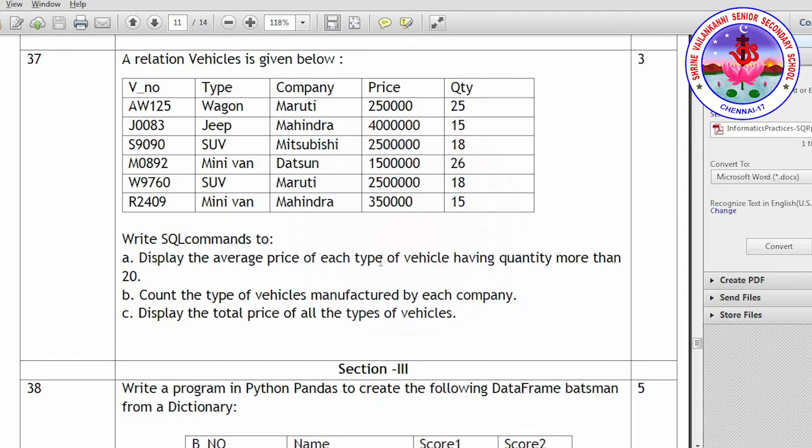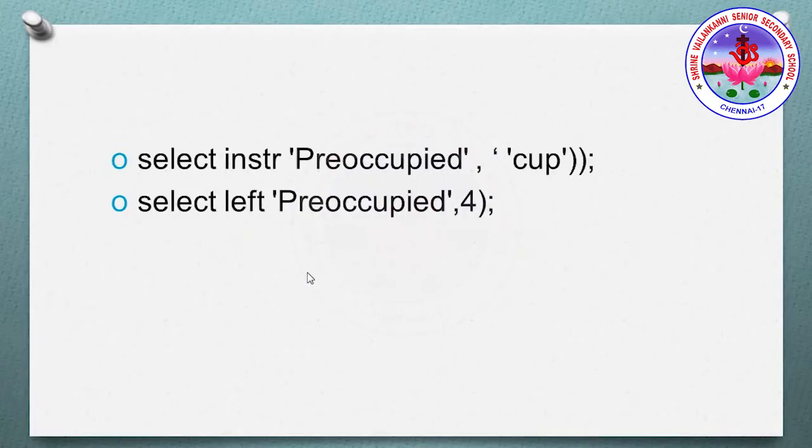Look at the words each type. Each type of the vehicle having quantity more than 20. So whenever you see the words each type, you have to use the group by clause. So you have to group by the type and we have to check the condition quantity is more than 20. Right, so you have to display the average price.